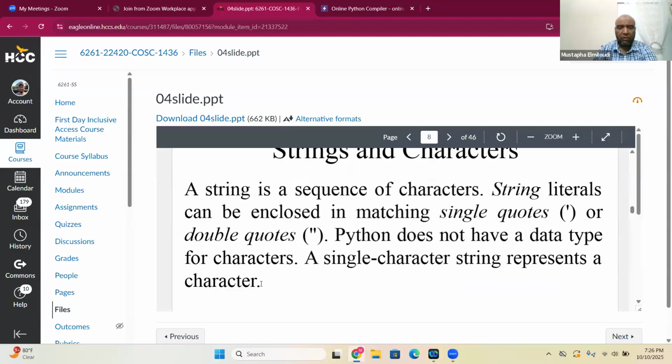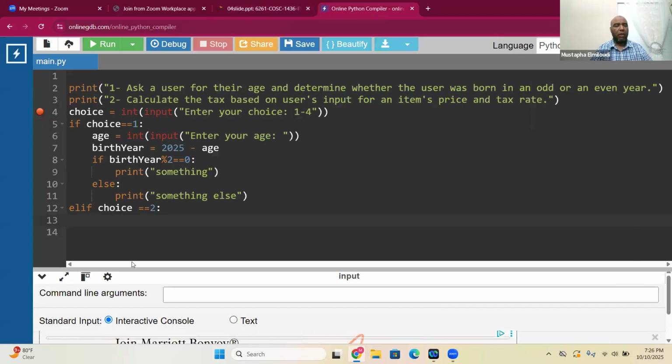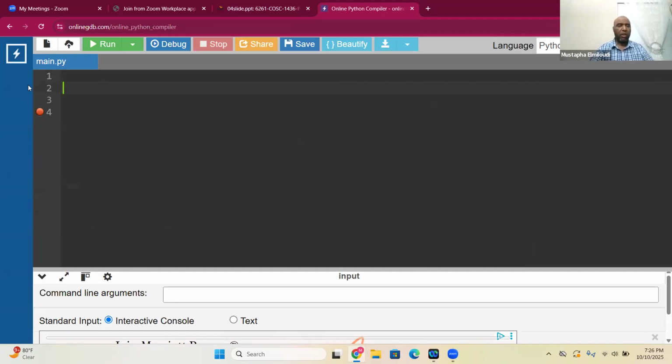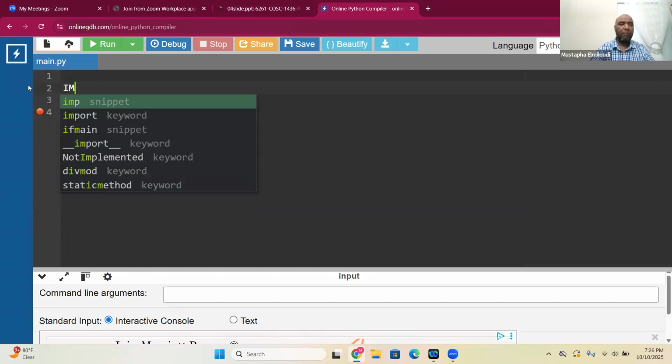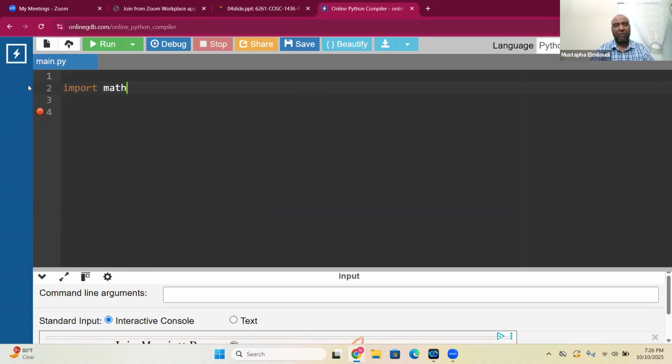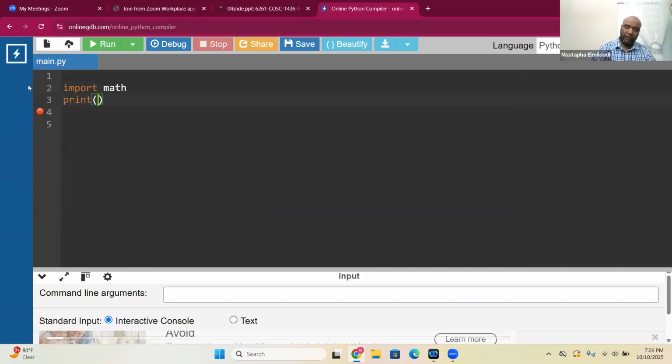Okay. So a string is a sequence of characters. Let me see here if I can use an example for the math function before we get to the string. So the first thing you need to do is import math. That's the first thing. Okay. So now, for example, let's say I want to print